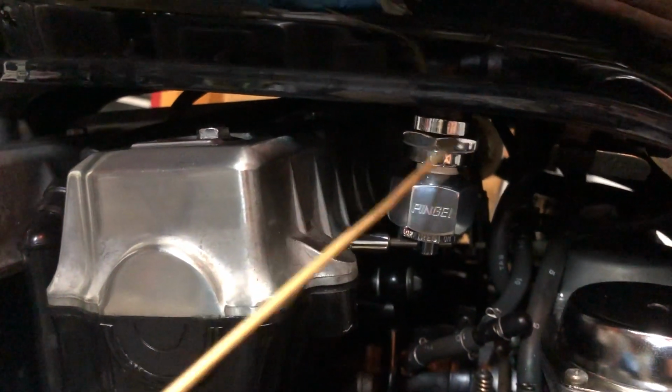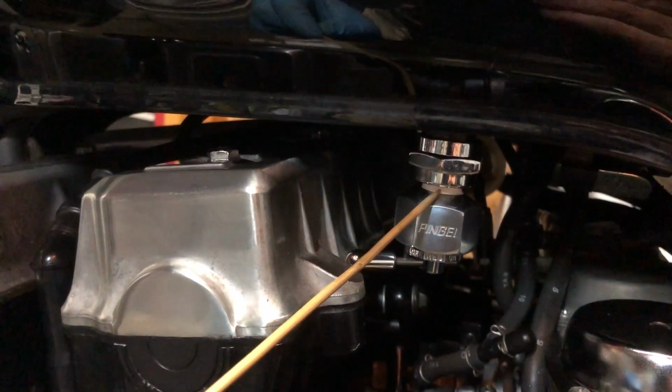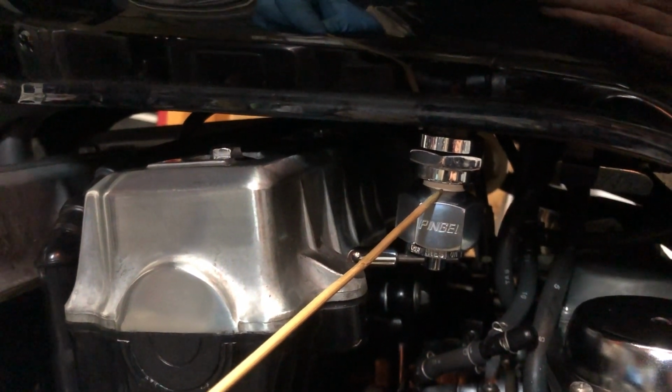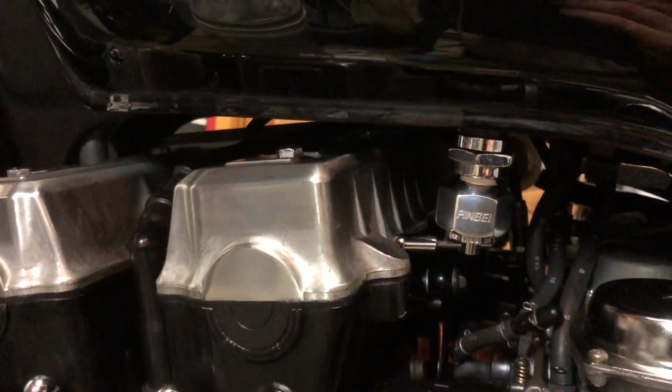So there's a gasket that's provided at this junction, and Teflon tape has to be used to seal the junction between the valve and the adapter. 3 or 4 turns of Teflon tape should be fine, but I do recommend